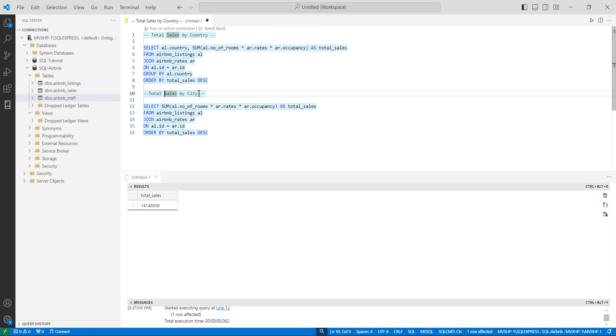Total sale by city, say top five. This also works. We can say total sales by city, top five. So then we can say select top five,